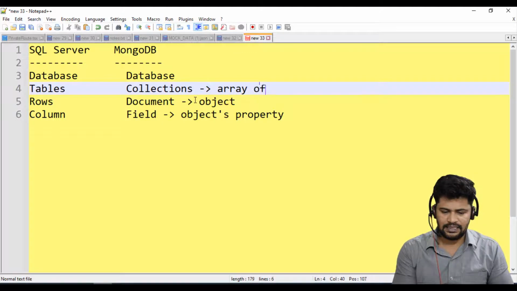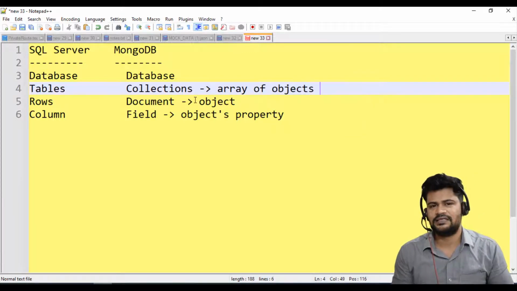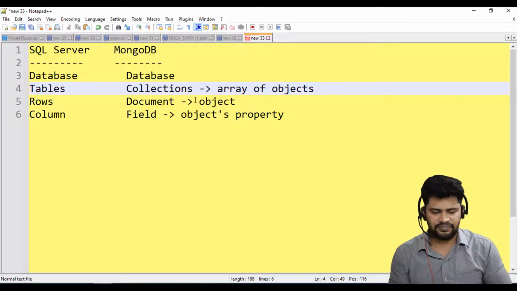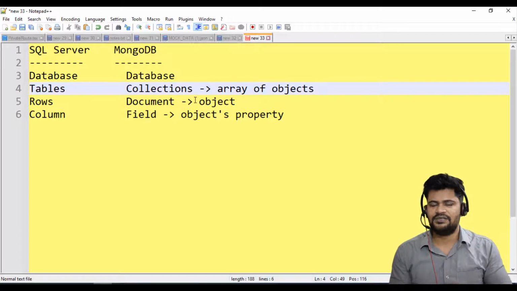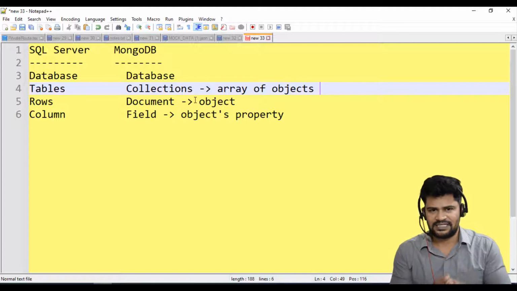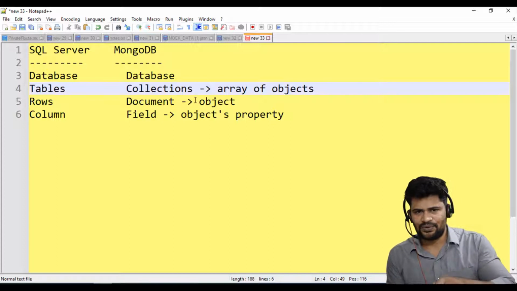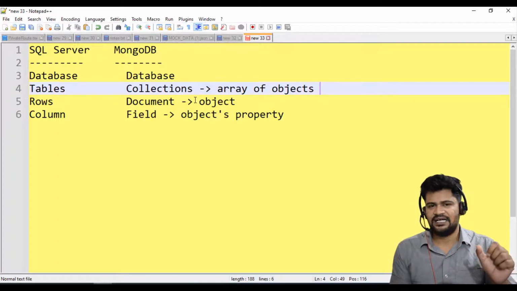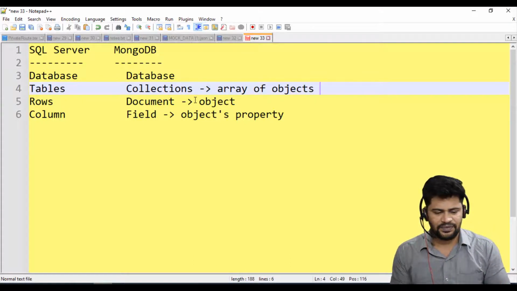It's like an array of objects. If you want to represent multiple employees, you have an array of objects. That's a collection, that's your table. So an employee table is a collection of rows, meaning on this side a collection of employee objects, and each object represents a row. Each field or property of an object is called a column or field. Okay, that's the small difference.